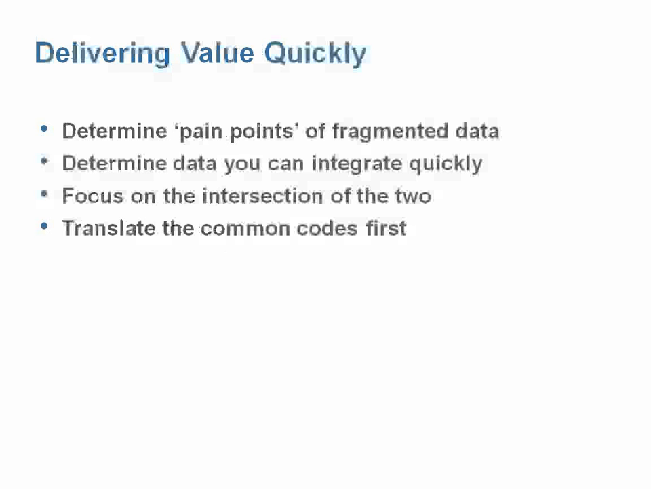So to deliver value quickly, then, we would say the first step is to determine what are the key or most critical pain points as a result of the fragmentation of your data, and then determine of those pain points which ones you can integrate quickly to generate early wins, and focus on the intersection of those two things. And again, with respect to the semantics, you can go a long way by translating a very small percentage, 5% of the codes in any particular domain area, like your laboratory test codes or your medication